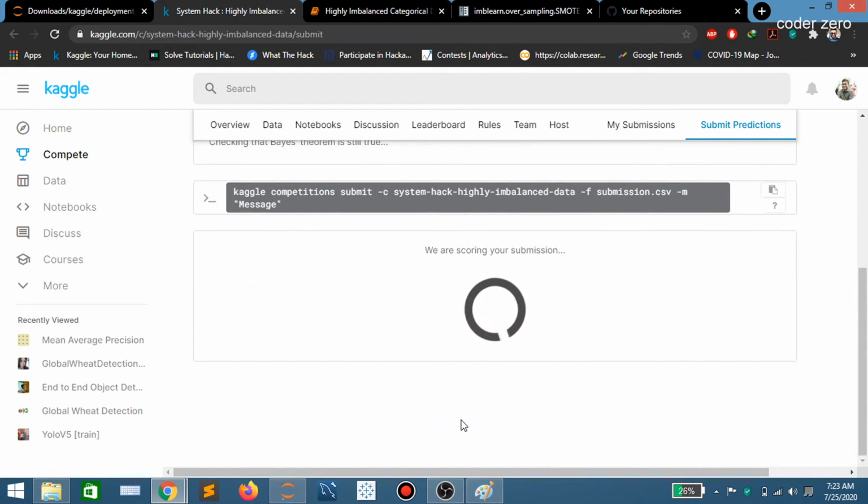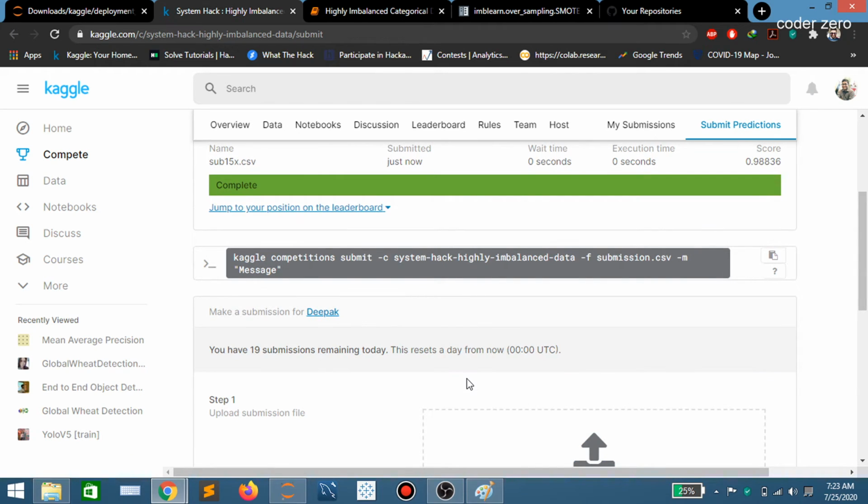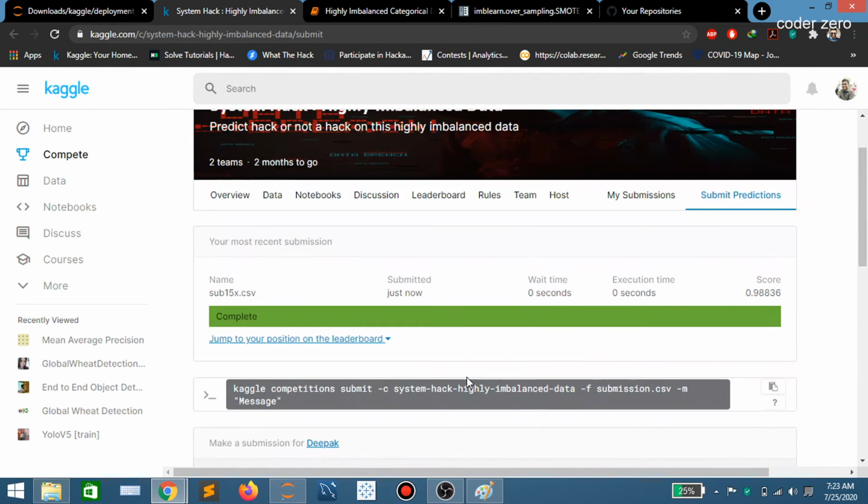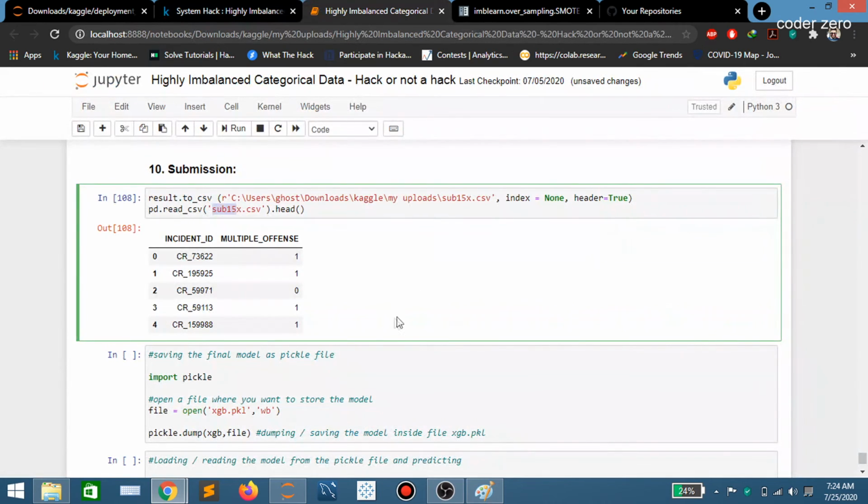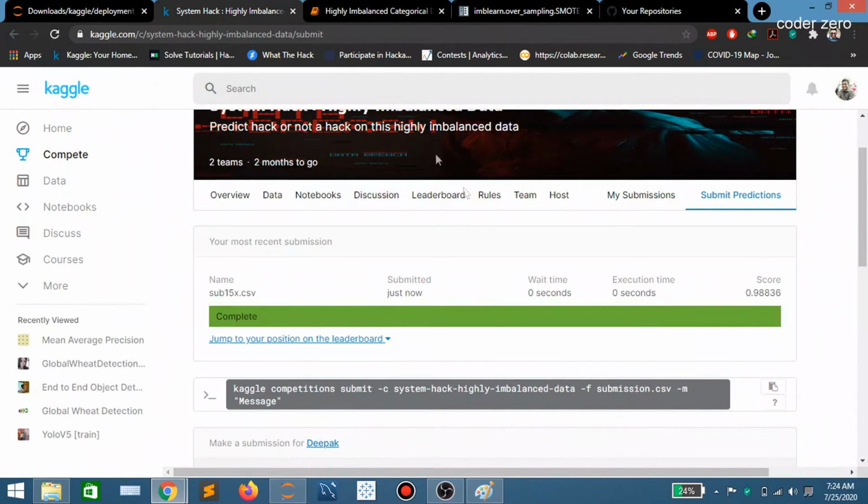Make submission now. So we are scoring. Okay, we have a score now, 0.98836. So guys, work on this data set on your own, then submit your prediction on this Kaggle competition.